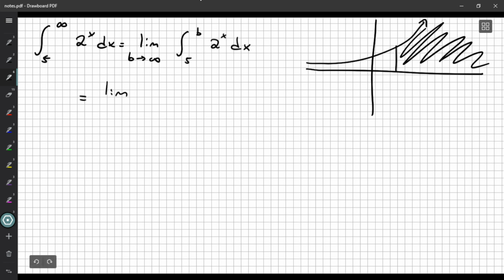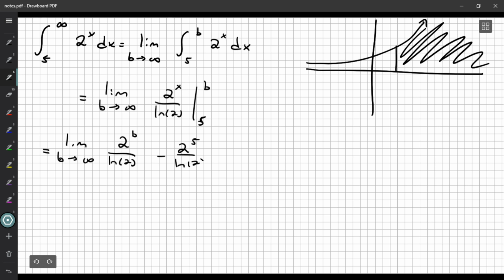Okay, what's an antiderivative for 2 to the x? 2 to the x over ln 2. So we'll evaluate that from 5 to b and take the difference. And then once that's done, we'll get an expression involving b, and we can take the limit. So we'll get 2 to the b over ln 2 minus 2 to the 5 over ln 2,